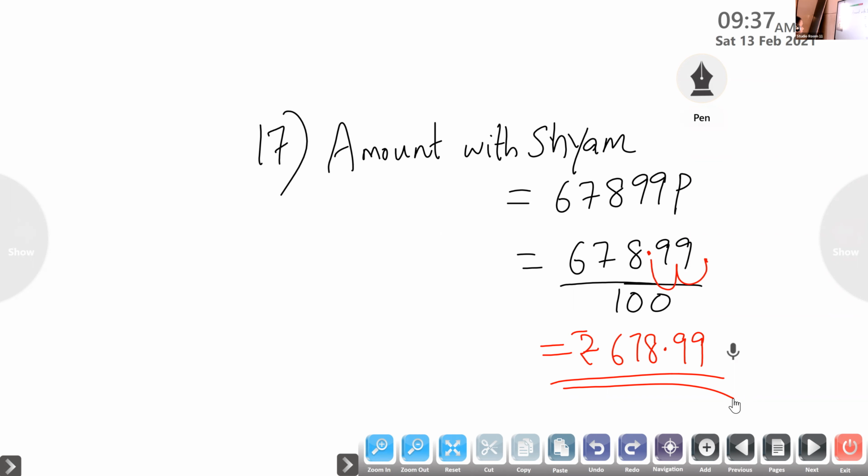So children, write these steps. I am giving you easy steps. When I'm sending the notes, there will be more steps, so no need to write it again. What we are writing in the class, that much is enough. Just divide by 100, then write the answer with the decimal point. Here I was showing you 99 by 100. After these two digits, from the right side, we had to place the decimal point.